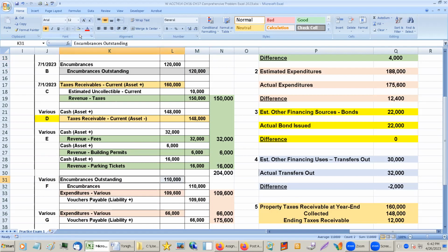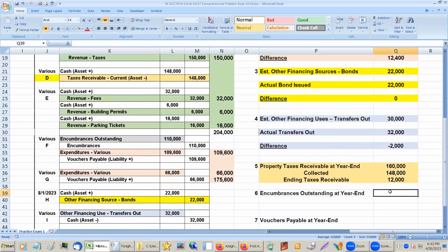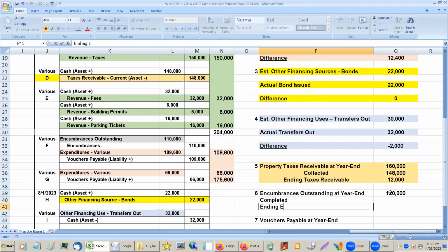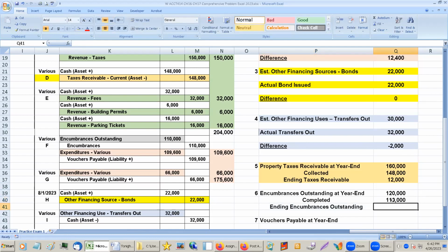We took 110 off the books. Give me a second to clean this up. Okay, so completed 110. And so at year end, there's what, 10,000